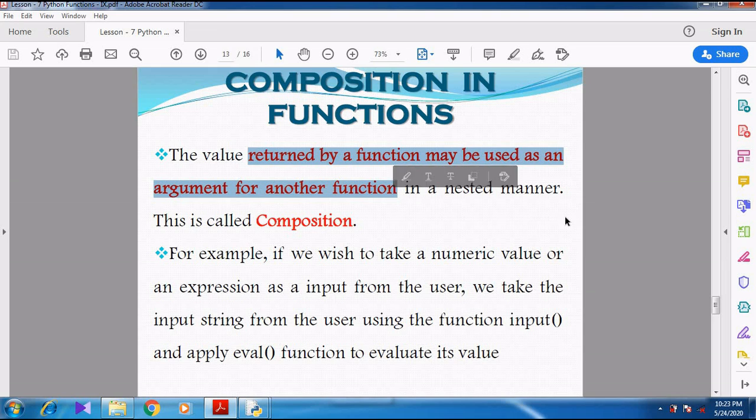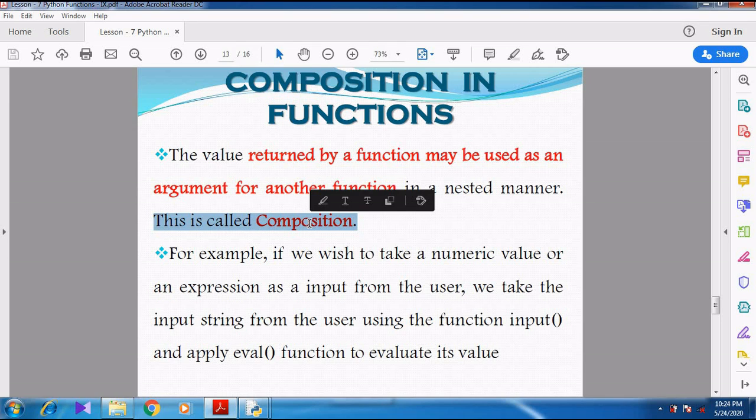When one particular function is returning a value, that particular value is used by another function as an argument. So that another function is taking the value as an argument for itself. This is called composition.